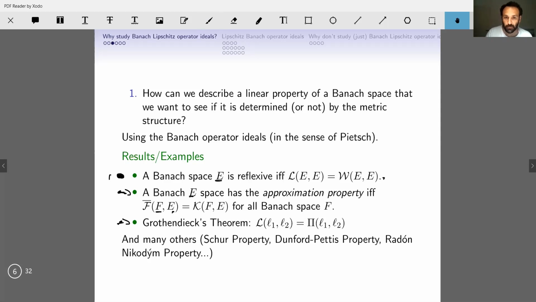So there's a connection between these two spaces that says that every linear operator must